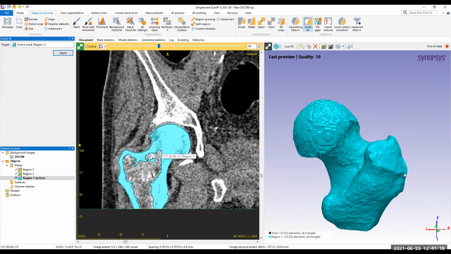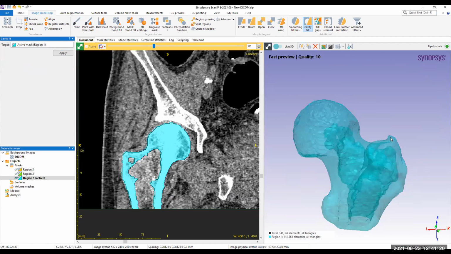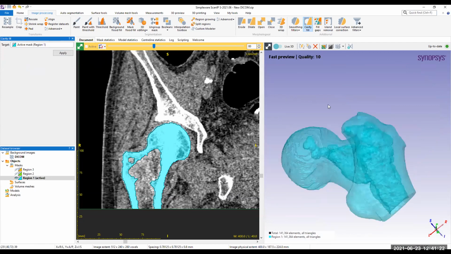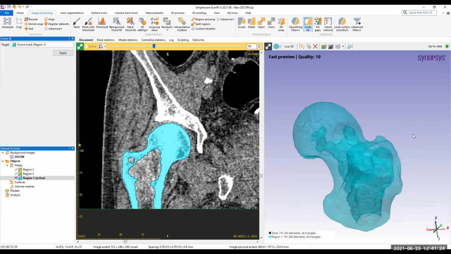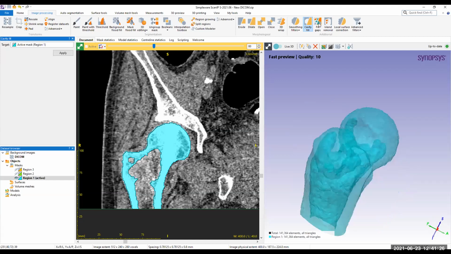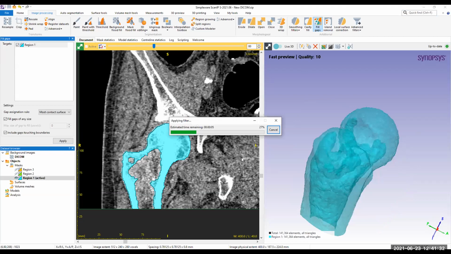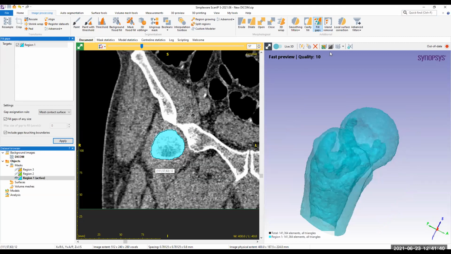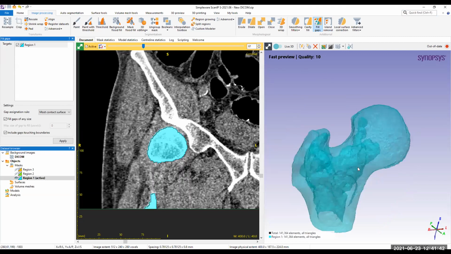I can visualize the same thing in 3D view. So this is the internal cavity. At this point, I can decide whether I need it or not. I'll just go ahead and fill that up. Now I have a completely solid model. Here I can see it.